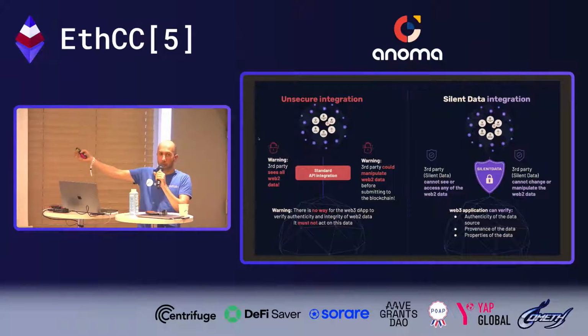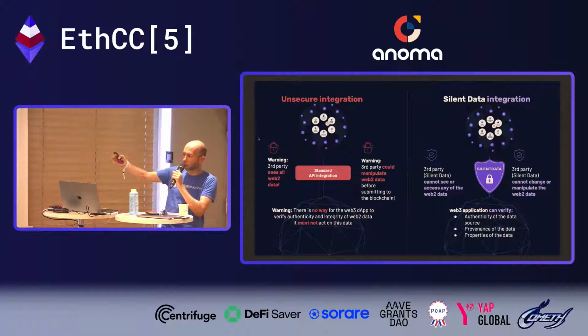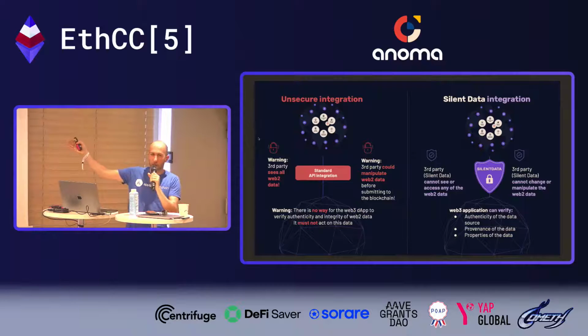But they still all get to see the data. And if the group is small enough, so if it's not very decentralized, then obviously they can collude to interfere with the data as well. So in general, we wouldn't recommend this type of approach, because it carries a lot of risk. And if in your smart contracts you've got valuable assets, you don't want those assets to be moving based on data that isn't as secure as the blockchain itself.